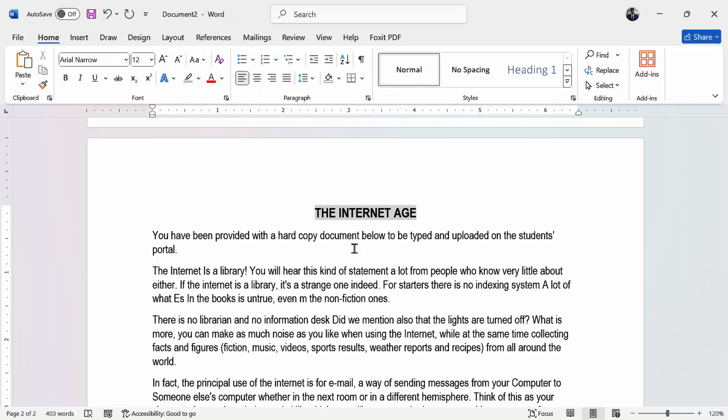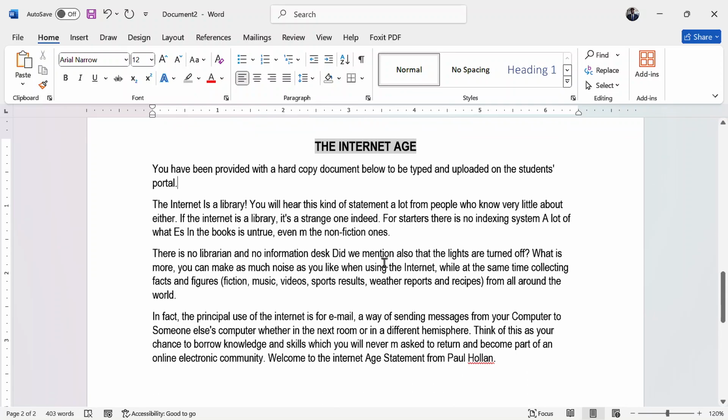Now after doing that, my work is beginning to take shape or to take form. I'm going to apply so many formatting features in my work. So I'm going to look for a paragraph. For example, I can look at paragraph 3.